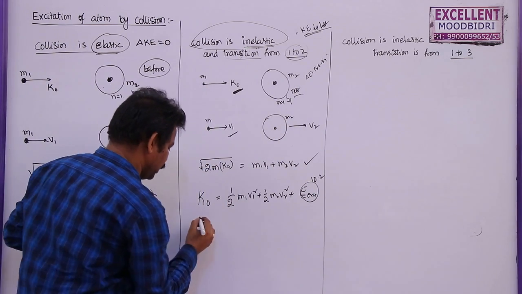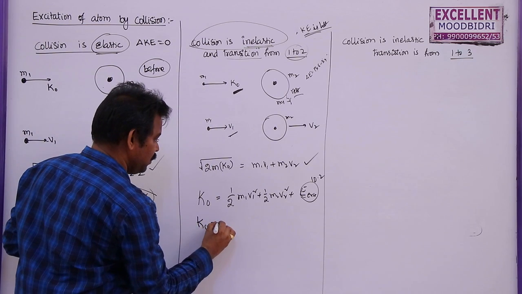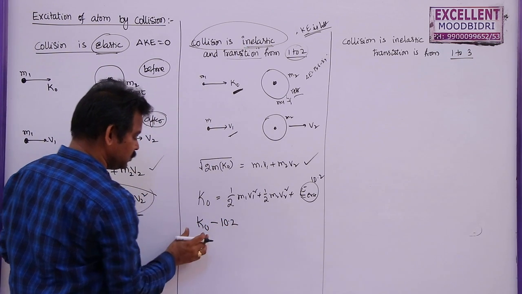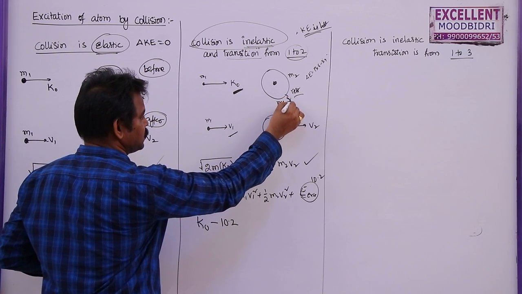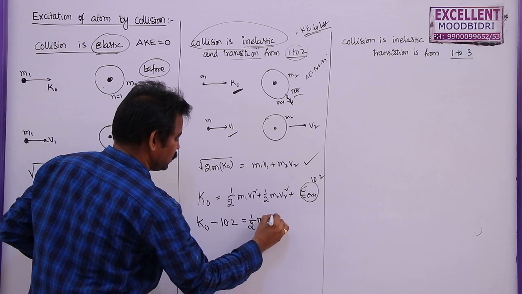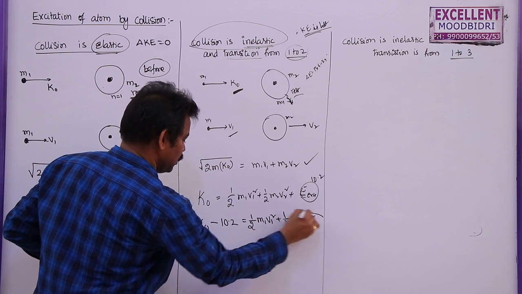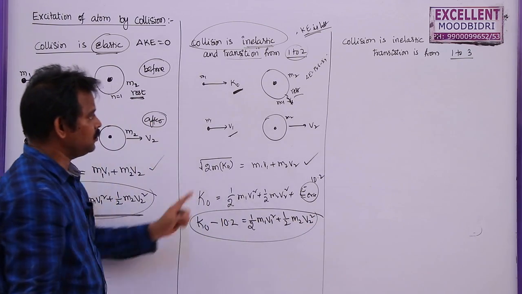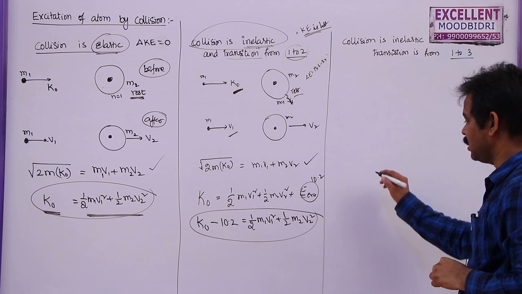So from this we can write: the initial kinetic energy of this charged particle minus 10.2, because it will lose this much energy for this electron excited from first orbit to second orbit. This must be equal to the sum of the kinetic energies of this particle as well as this atom after collision. Similarly, in the third case, if it is from first orbit to third orbit, directly I can write